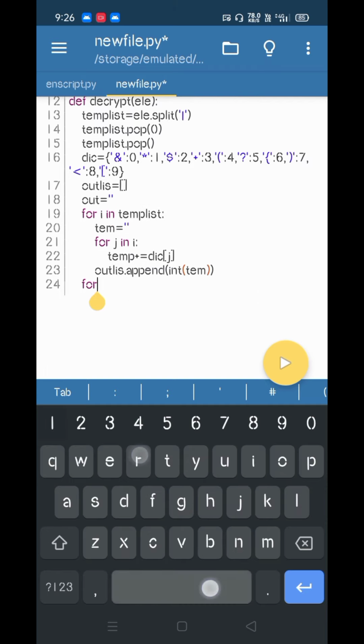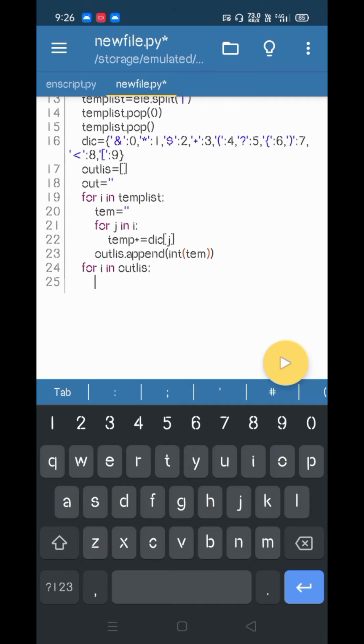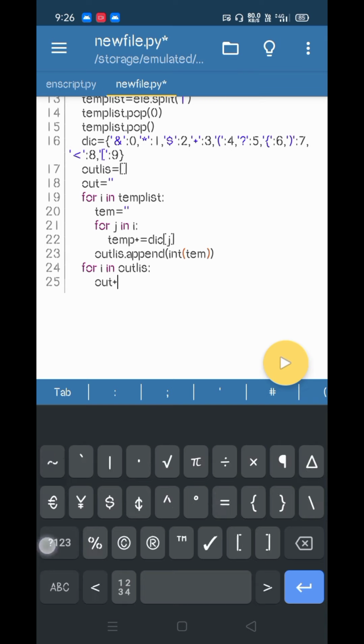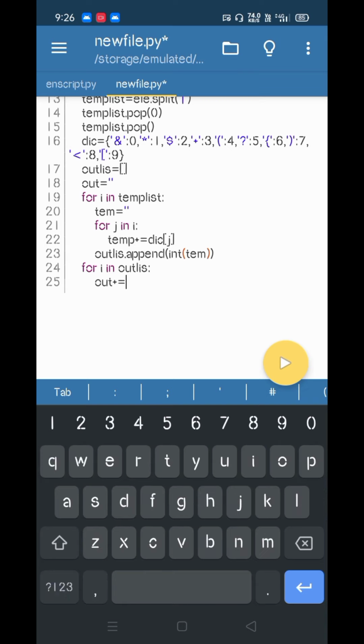So for i in outlist, what we'll do is out plus equals to chr of i. This is the function which will give the character of the given ASCII code. So this is the last statement, the return statement, return of out.